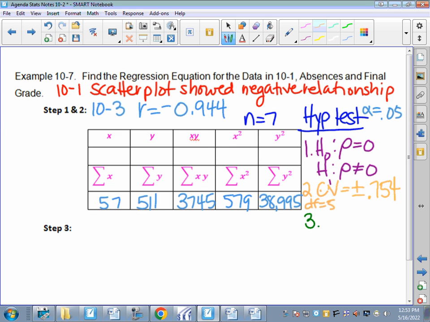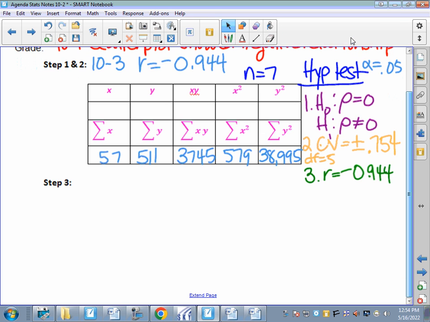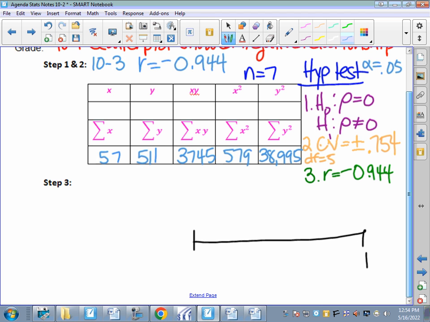Step 3 is already done for us. We found back in example 10.3 that r was equal to negative 0.944, which means, remember, if we know that this is positive 1, negative 1, here's 0.754, negative 0.754. So will negative 0.944 fall in the shaded rejection region or the non-shaded? It's going to fall way down here, super close to negative 1. So that is definitely a reject H sub 0,